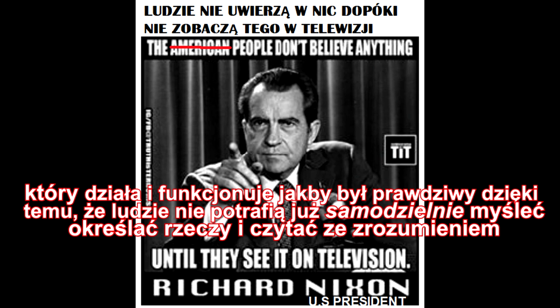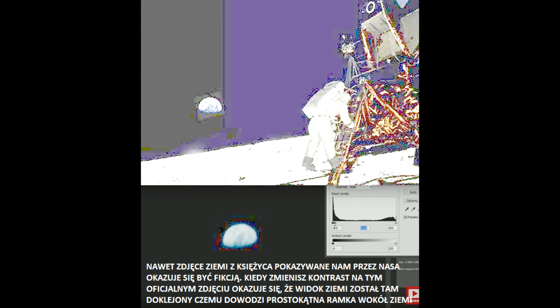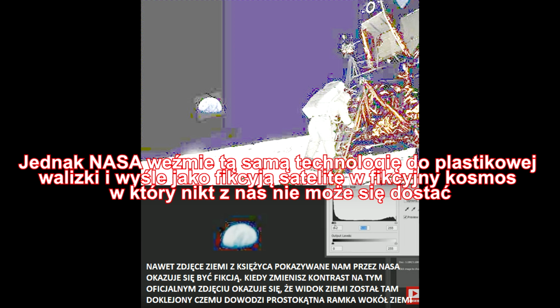It's very easy, okay? I just bought a P1000 for under $1,000, right? I mean, why can't you take that little sensor and a lens? Why not zoom in on the moon? Why not zoom in on the Earth from the moon, right? $1,000. But here's the thing, NASA would take that same technology and encase it in plastic in this fake satellite